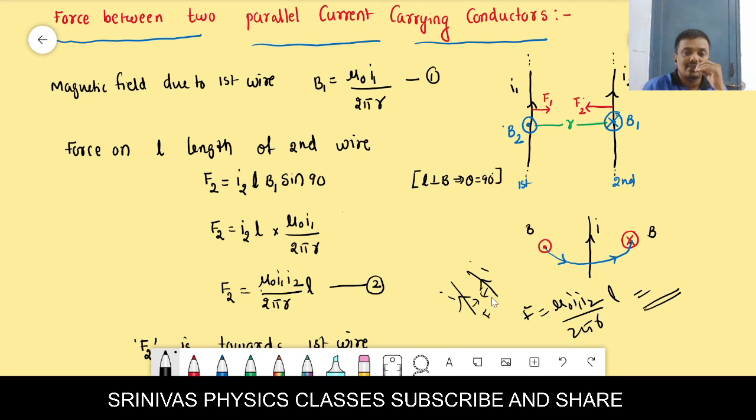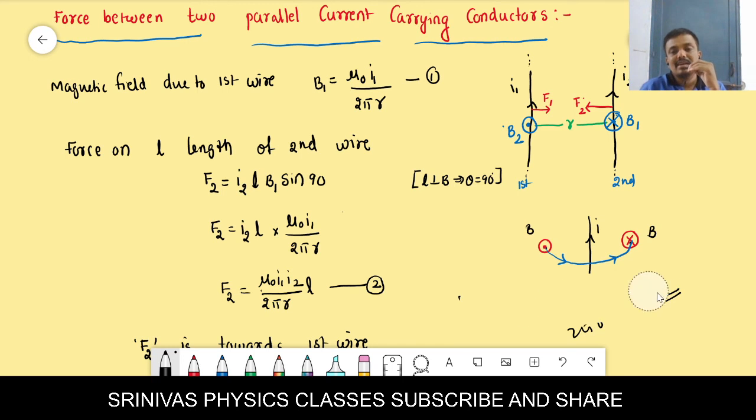If they repel, even then they will move, right? They are never at rest if the currents are in the same direction. When will they be at rest? For example, if one wire is there, one force acts on the right side, and another force on the same wire acts on the left side, and these two are equal and opposite on one wire only, then they will cancel each other. At that moment, this wire will be at rest. If two forces act on a single body in opposite direction with the same magnitude, they cancel each other and the net force becomes zero. But in this case, the two forces act on two different wires, that's why they never cancel each other. Clear?